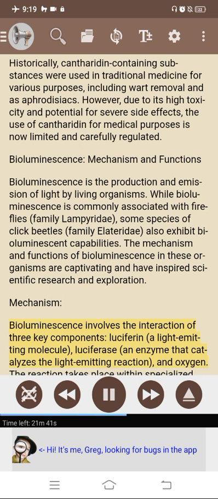Bioluminescence involves the interaction of three key components: luciferin, a light-emitting molecule, luciferase, an enzyme that catalyzes the light-emitting reaction, and oxygen. The reaction takes place within